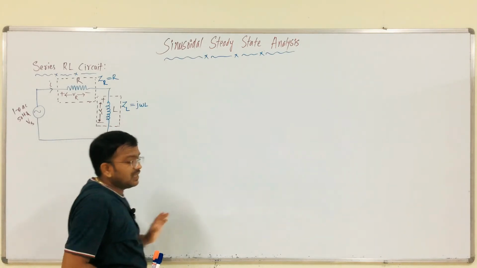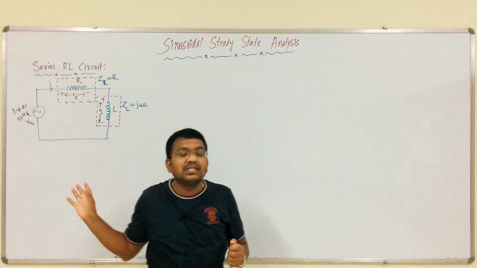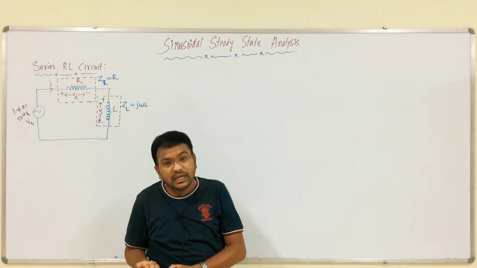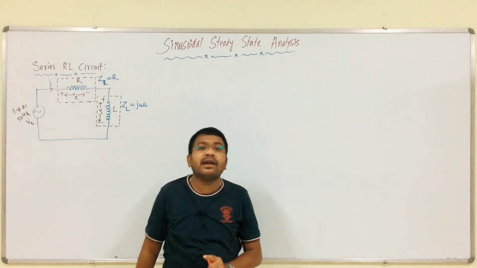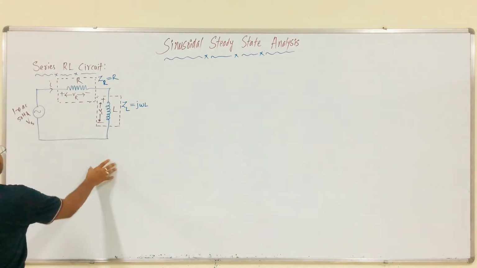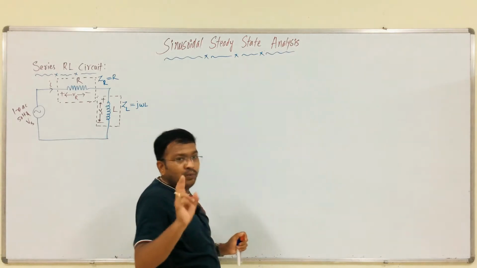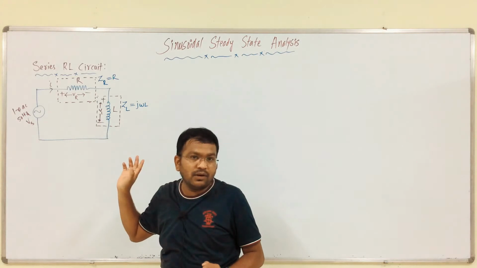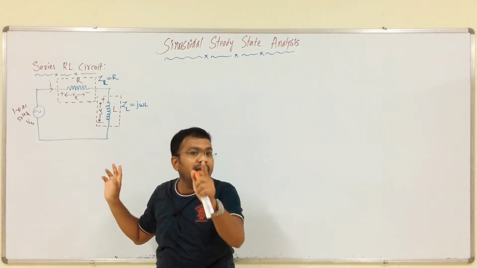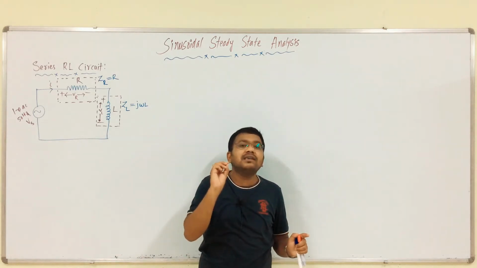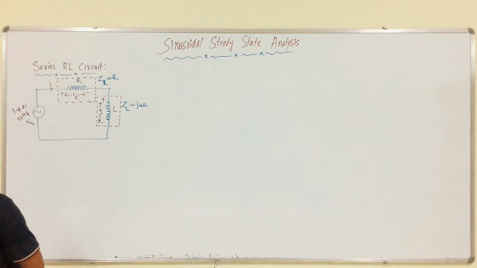So, my sincere suggestion is that before listening to these lectures, first you have to listen to those lectures on pure resistive circuit, inductive circuit, capacitive circuit, then only you will have a better idea of these circuits. This is my sincere request to all of you, okay. So, to do the analysis we have two methods. First method is the impedance method. Why is it the impedance method? Here we have a series RL circuit. So, in series circuits we have to calculate impedance, right. First we do the impedance method, later we do the phasor method, okay.